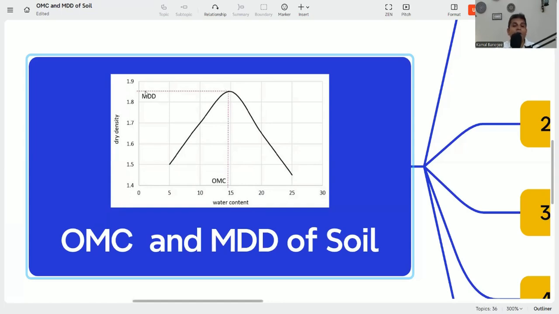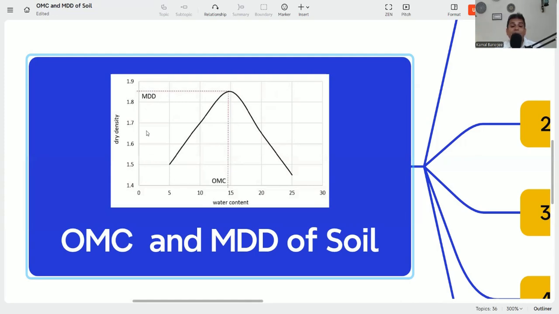This point is called, here it is the maximum dry density, and it is called the optimum moisture content. So the water percentage at which the dry density is maximum is the point called optimum moisture content. Or, in other words, at the optimum moisture content, what is the dry density of the soil? It's called the maximum dry density. So these two are correlated,